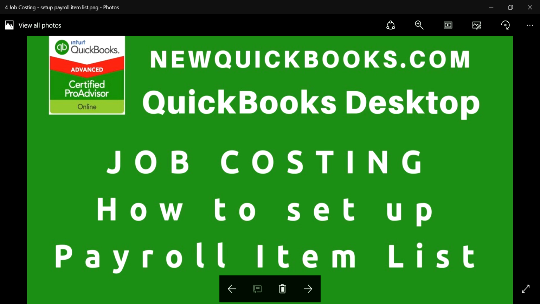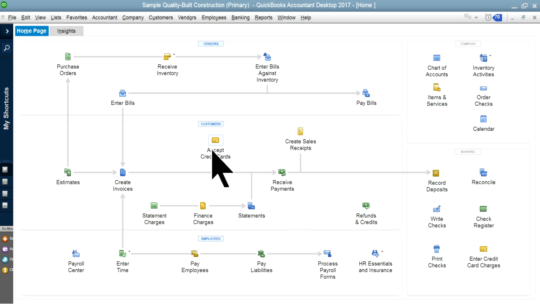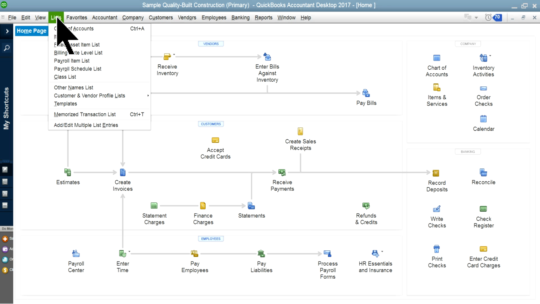So let's get started. I'm in QuickBooks Desktop Premier. I'm using Premier. So this is the one. So I'm going to go to list, and I'm going to focus on this payroll item list. Okay. So before I do that,